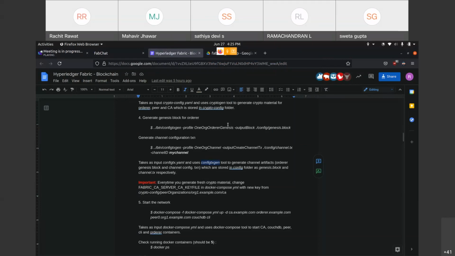Now coming back to these cryptographic materials, these are required for authorizing every transaction. Say, for example, I make a transaction to the network as a client. Then the peer should know that it is coming from an authorized client. In a blockchain network, every node, be it a peer node, an orderer, or a client, whenever they make a transaction, they always sign their transaction. So they need crypto materials like certificates. They should have access to the signing algorithm. This is just to set up those things.